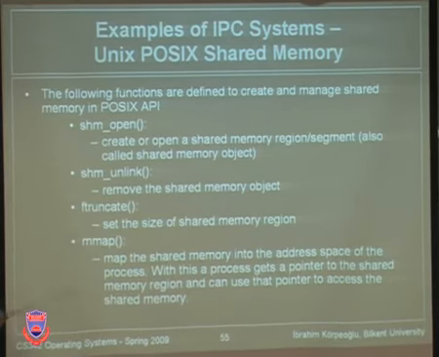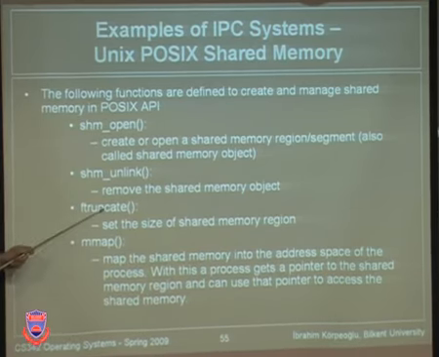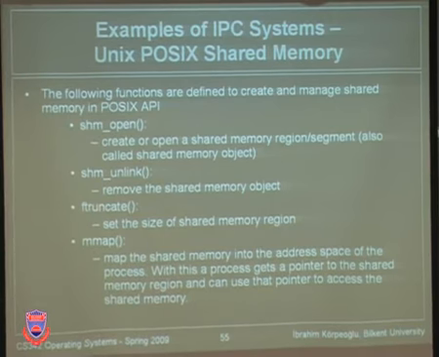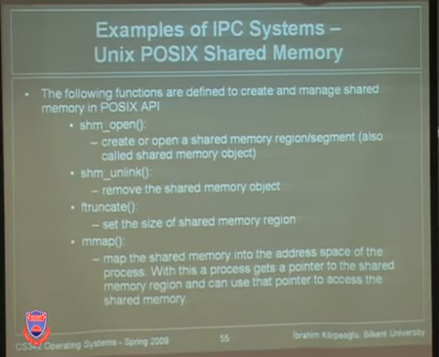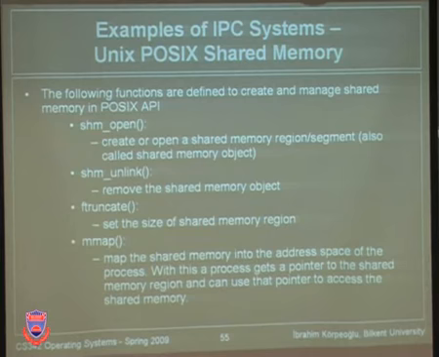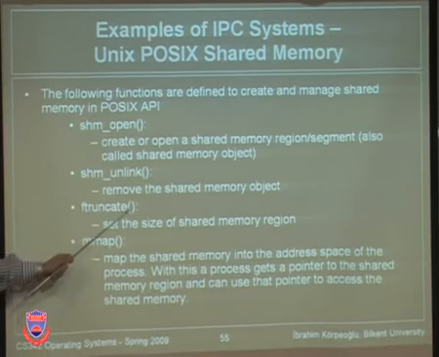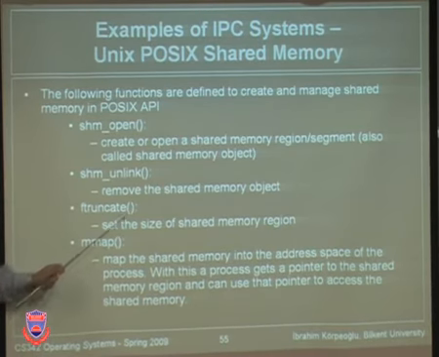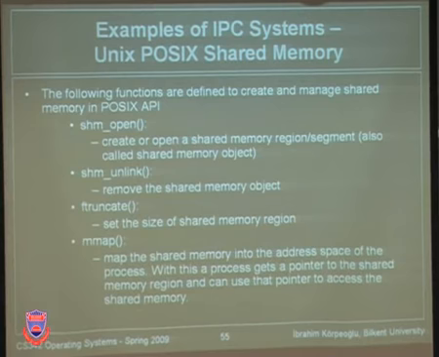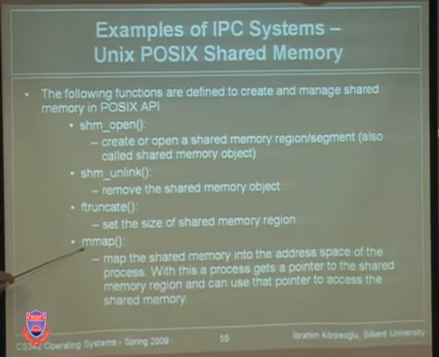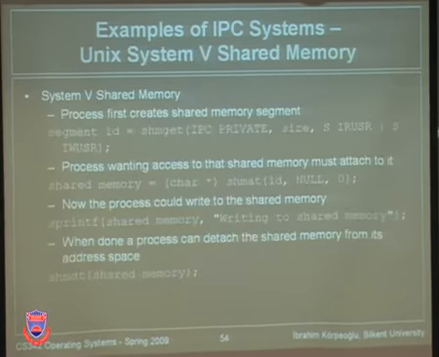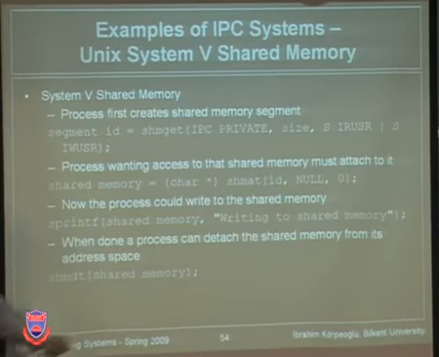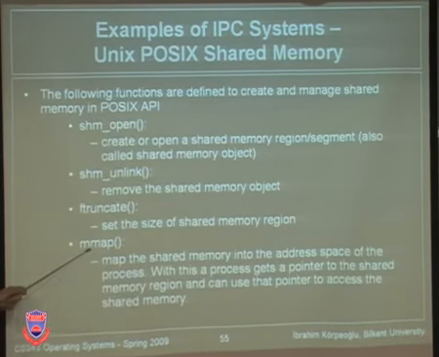After creating the shared memory region, you can use this function to set the size of it. For example, you can set the size of the shared memory to be 64 kilobytes or 1 kilobyte or just 50 bytes, okay? Whatever you give as an argument here will be the size of the shared memory that is created, okay? Then, similar to the shared memory attach function, you have to call the mmap function